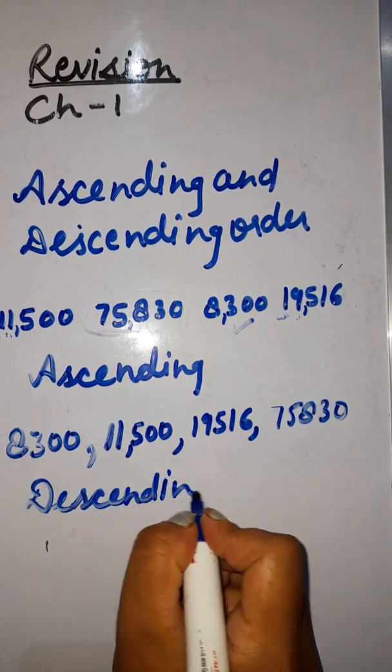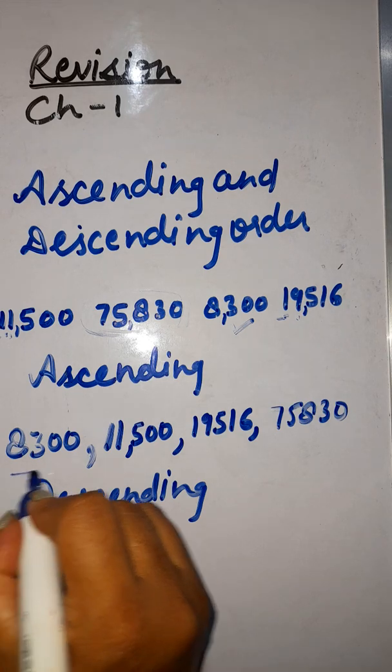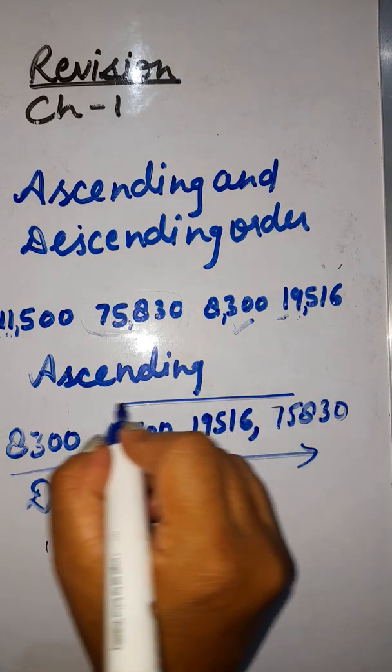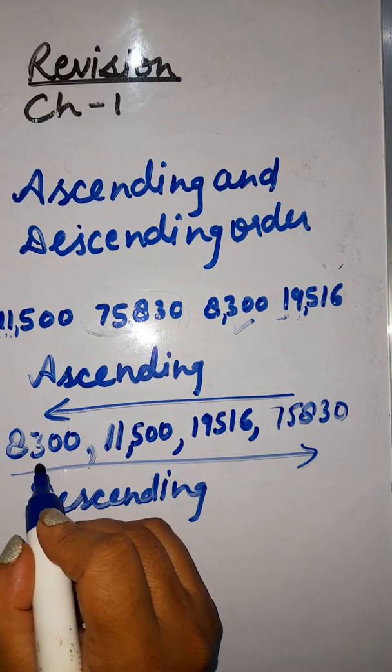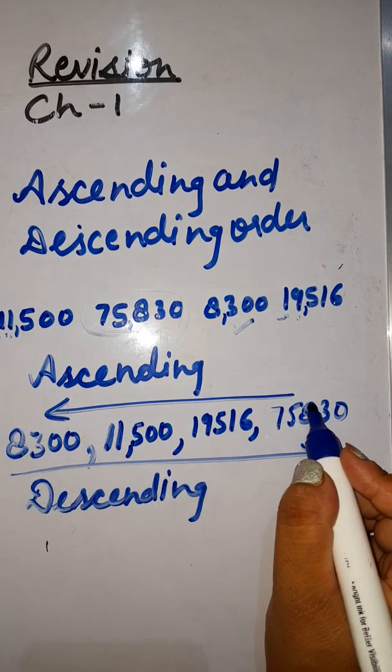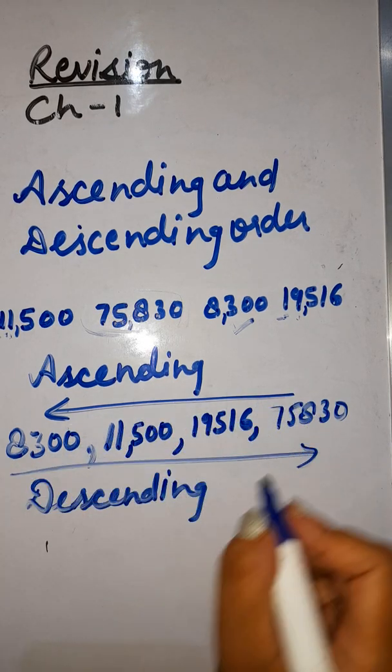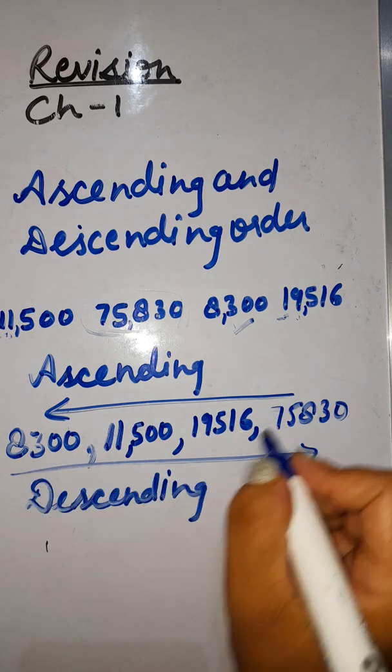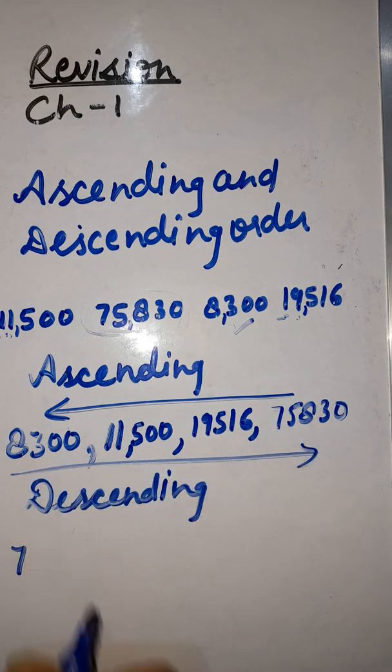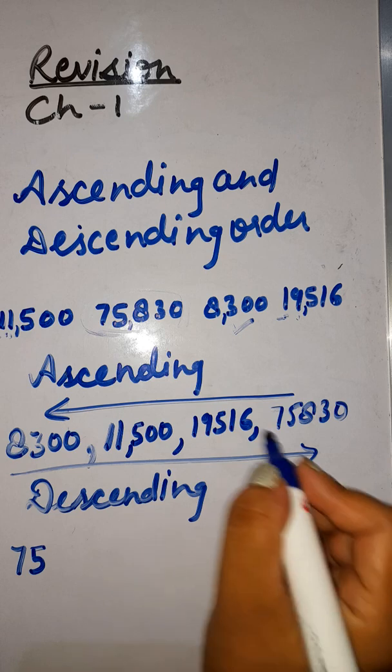In the descending order, we'll just write the numbers in reverse form. This is the smallest to the greatest. Now it is the greatest to the smallest. जो हमने इसे स्मॉलेस्ट से ग्रेटेस्ट लिखा था उसे ही हम ग्रेटेस्ट से स्मॉलेस्ट कर देंगे, रिवर्स फॉर्म में लिख देंगे इसे।